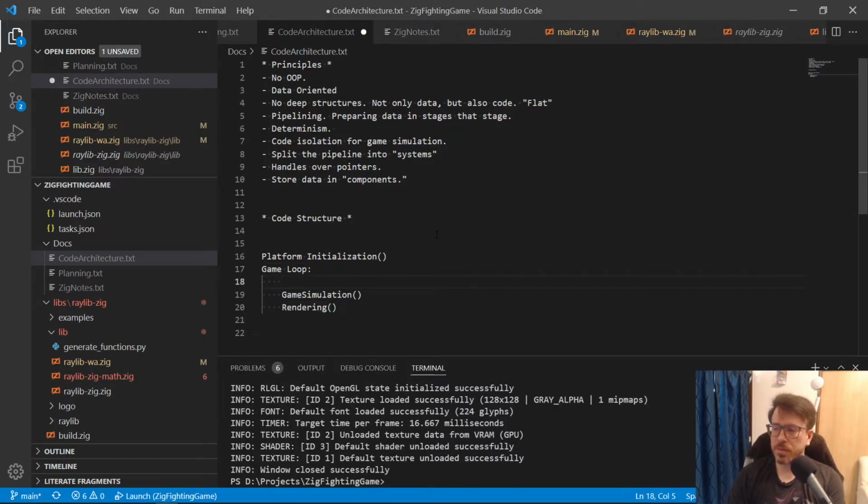But before game simulation, we need to do input handling so that we don't get a frame delay in input, right? So input handling is going to be broken down a little bit. But if we put it after the game simulation, that means our input is going to be read after, which means it will be used the next frame, and we would have an additional delay of one frame in our game. We don't want that. We want to be able to see the input being reflected on the screen as soon as possible, right?